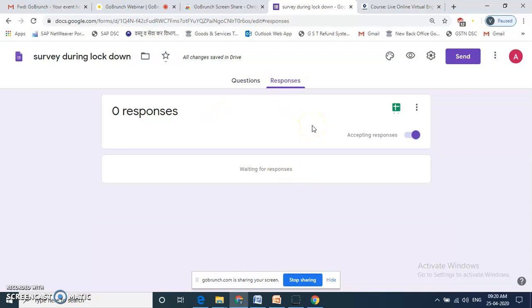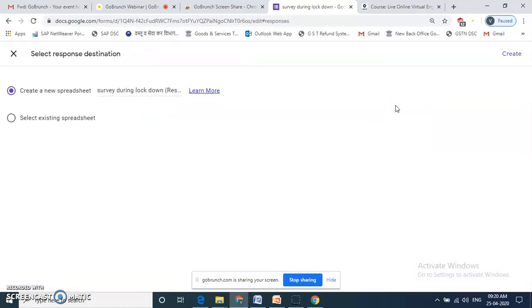Whatever responses are coming from the respondents will be stored in this responses tab. Now you can see a spreadsheet over here. A spreadsheet corresponding to the responses which you are getting will be stored in either a new spreadsheet or an existing spreadsheet, depending on what you want to do.